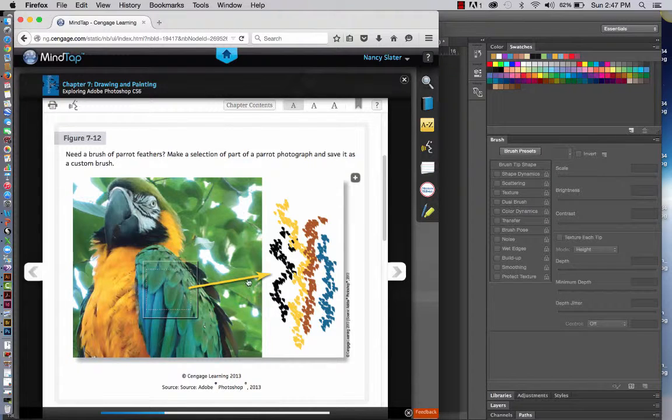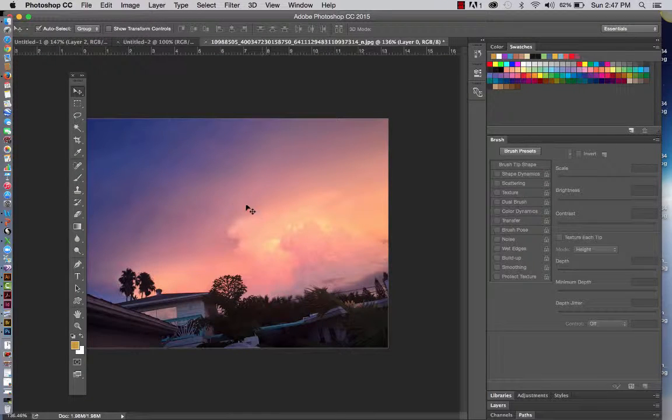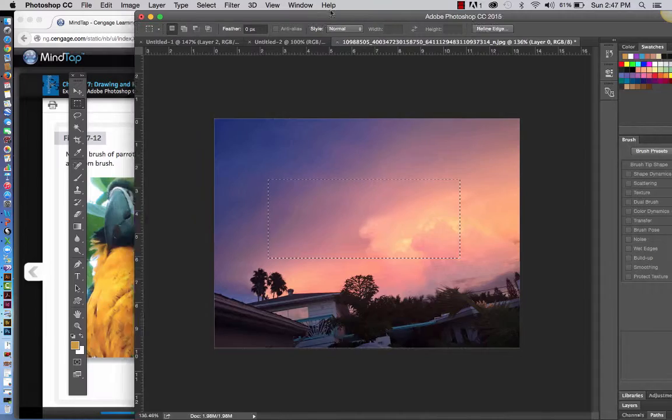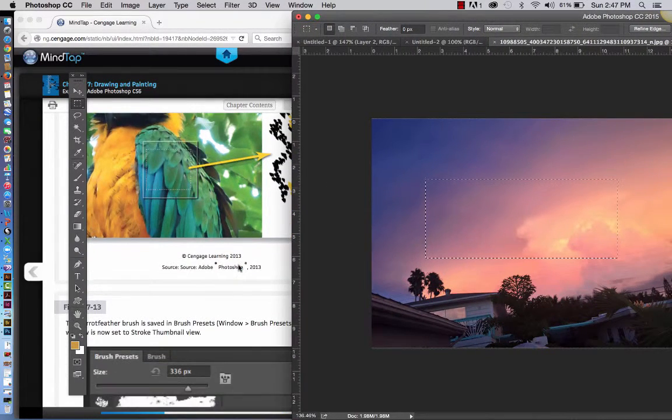You could do something like this for one of your layers or to enhance one of your layers. So we're going to first of all make a selection of part of it. Well, in this instance they're using a parrot. I brought in an area of a skyline that I liked a lot, and I am going to marquee a selection of that. I don't necessarily want those telephone wires in there, but I would like a little bit of that color contrast. All right, so once you marquee it, then what you want to do is